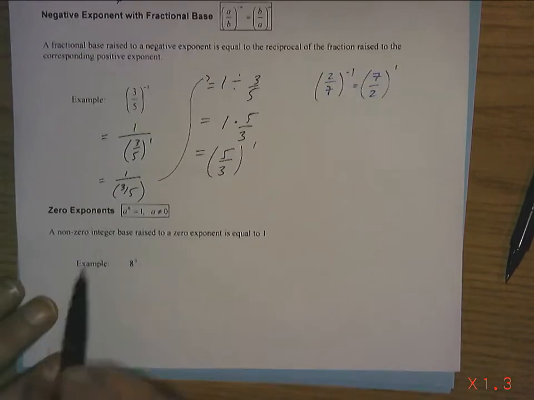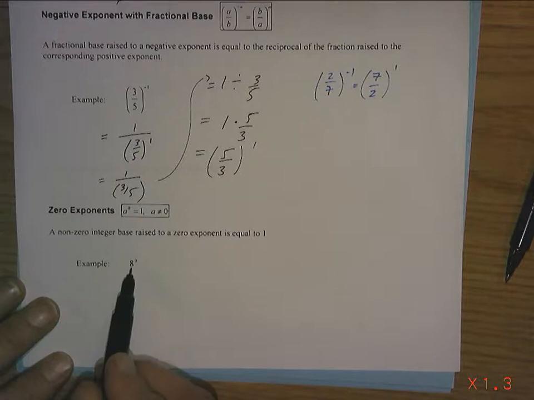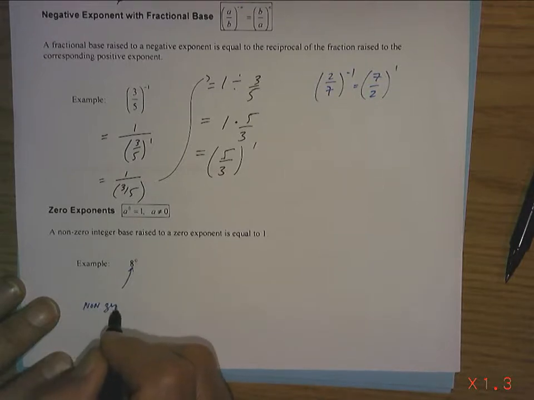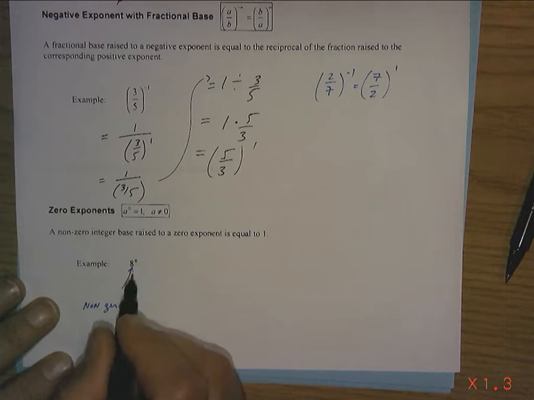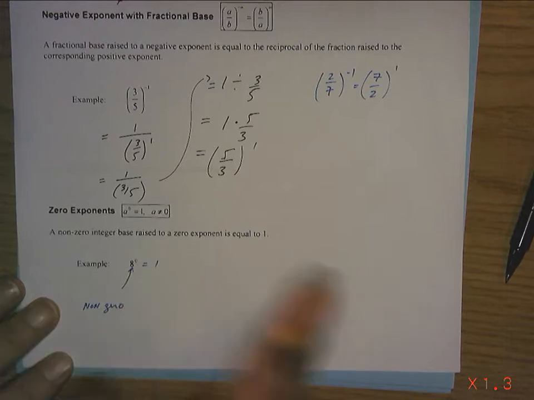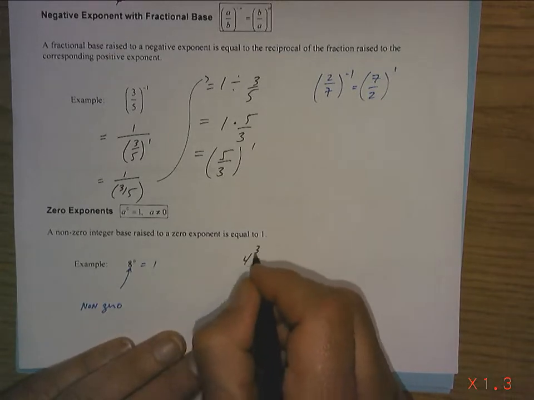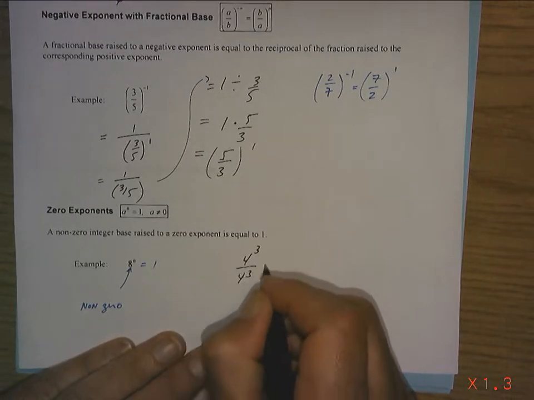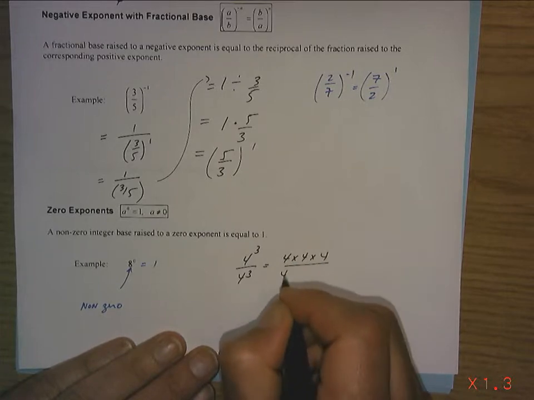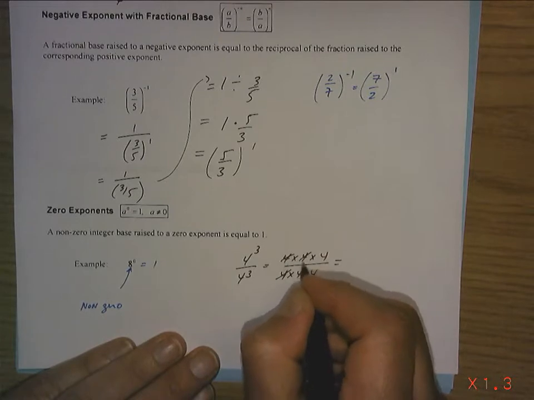And 0 exponents. Any non-zero integer base, so the base has to be non-zero, any base that's non-zero raised to the 0 is equal to 1. Always, always, always. I can show you why. If I had 4 to the 3 divided by 4 to the 3, you would say that that's 4 times 4 times 4 divided by 4 times 4 times 4, which is, if we reduce,